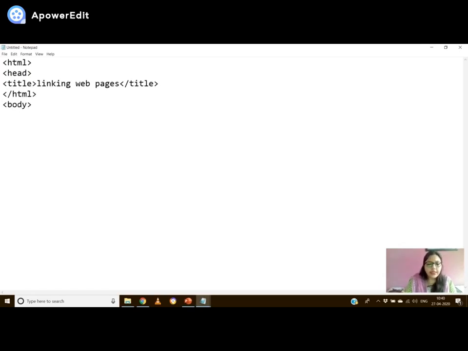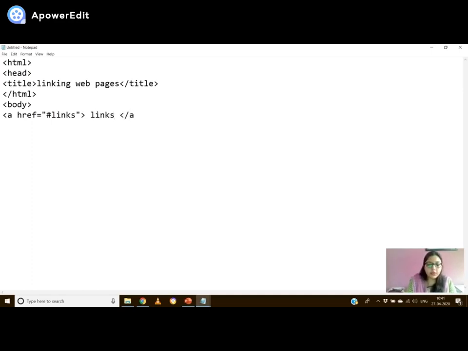Let us start with this only, a href, that is hyperlink reference. Then within the double quotes, I told you which symbol, hash. Then after the hash, I'm going to write, suppose, what name should I give? Let us give links only, right? Hash links, close the quote. Then angular bracket closed. Now I have to write the name of my hyperlink. So links. Okay, anchor tag closed.